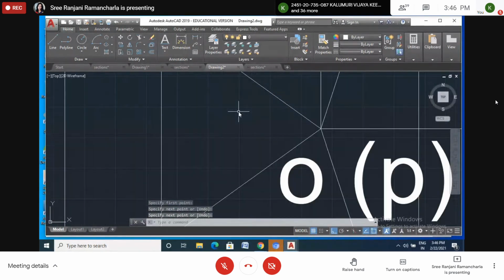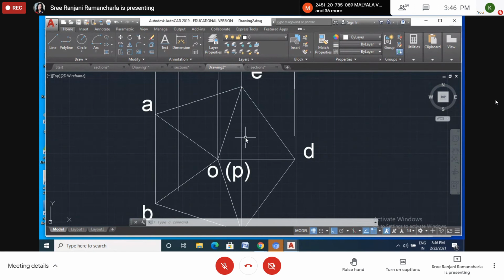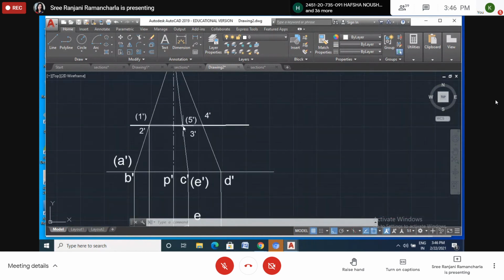If I draw, then it won't be zigzag. Okay. Now it's clear. So this is 1, this is 2 and 3. How to draw the 3 now? So again here also you can project this one. 3 also you can project. This is the point 3. Okay.